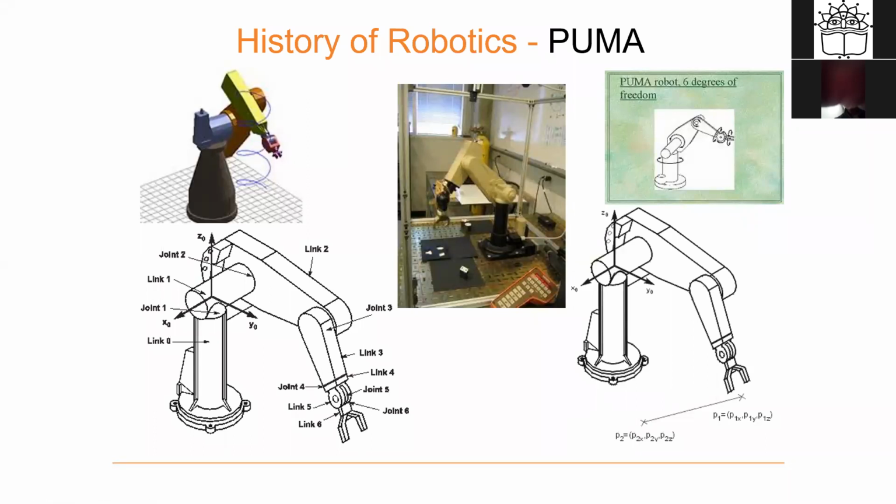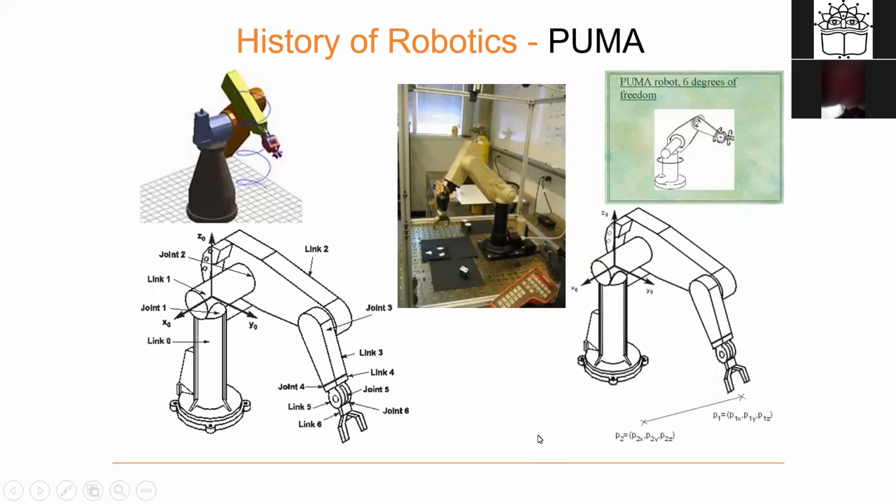Just try to understand that the Puma robot is having 6 degrees of freedom. So it can move along the x-axis, along the y-axis, and along the z-axis. At the same time, it can rotate about these 3 axes, that is x, y, and z-axis. Now, if you can see in the figure, this robot will go to a specific position, and depending upon the path given in the program, it will move the tool.